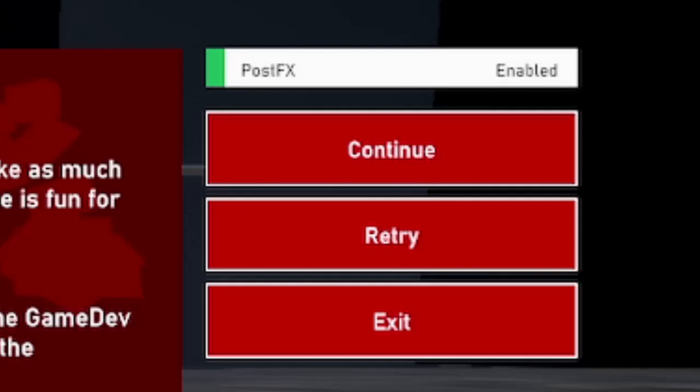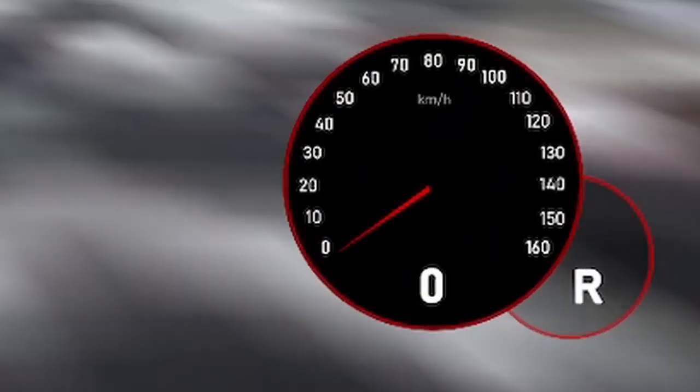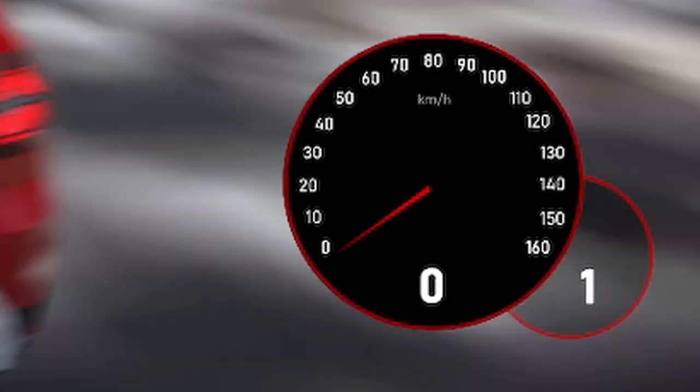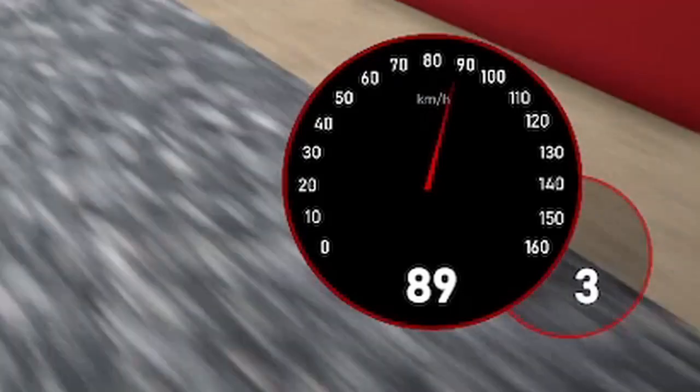You can also do this by pressing escape. The retry button resets the scene, very useful to put the objects back in their original position on the map. And the exit button closes the game. Once you're driving, you'll notice the speedometer that has been reworked since the last version. Speaking of driving,